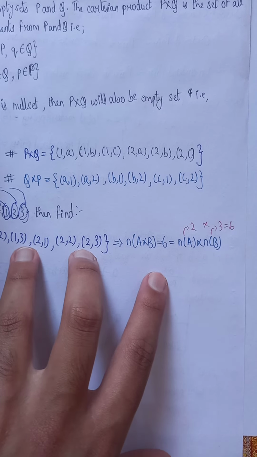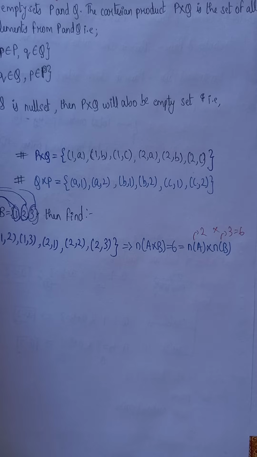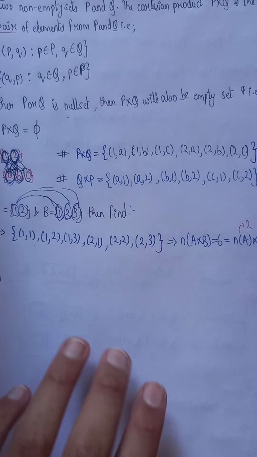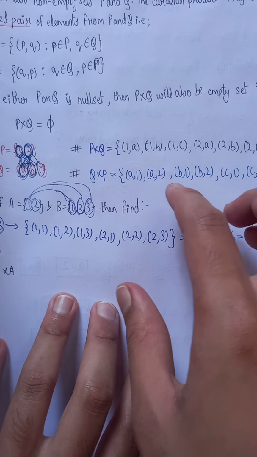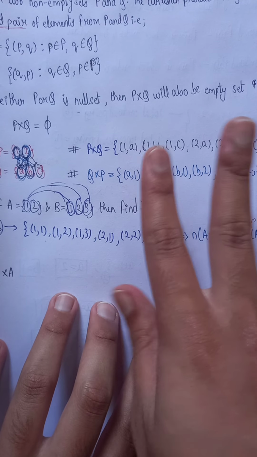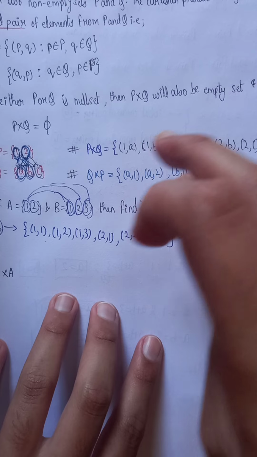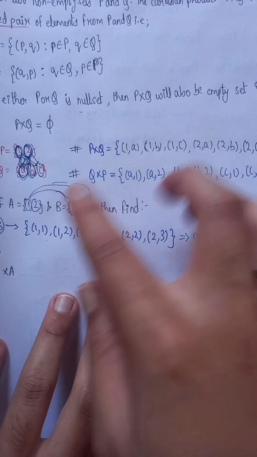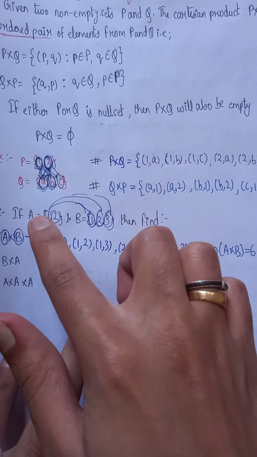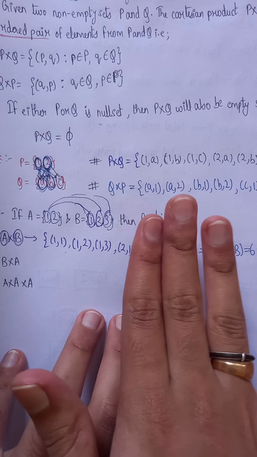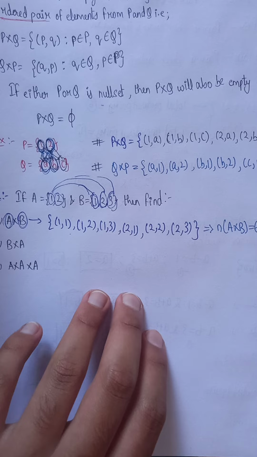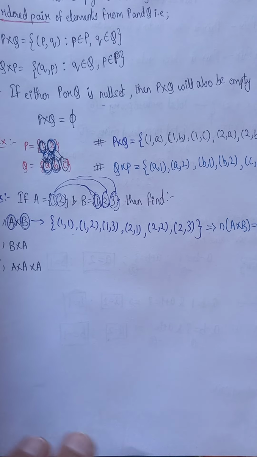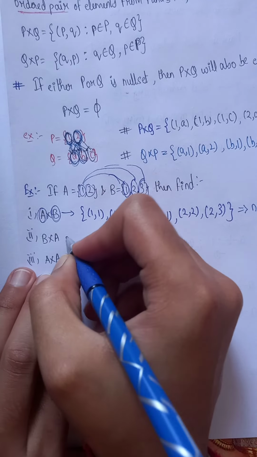Okay. So while writing the Cartesian product, to check whether you wrote all the elements or not, in case you missed a few elements and you don't know, you can calculate A cross B. There are 6 elements, but I've written only 4 elements. There are 2 more elements which I need to write. Then you can find it like that and you can write.